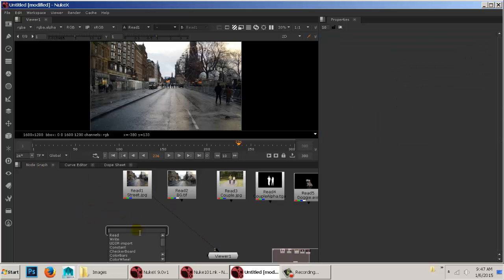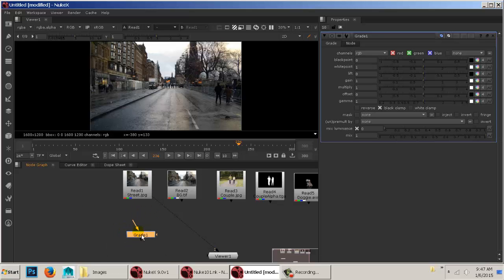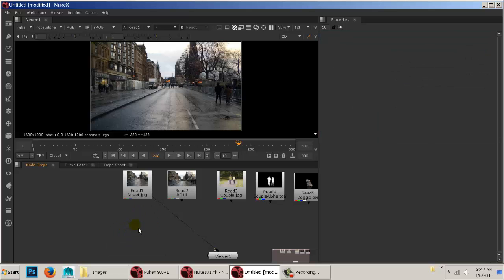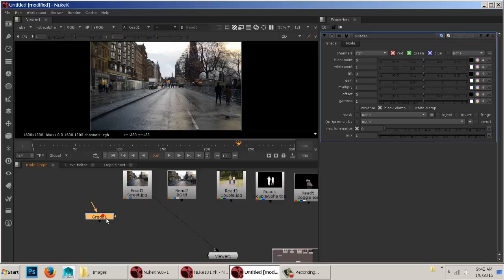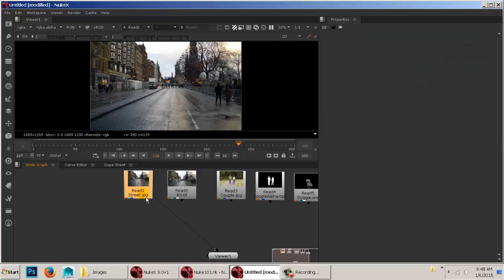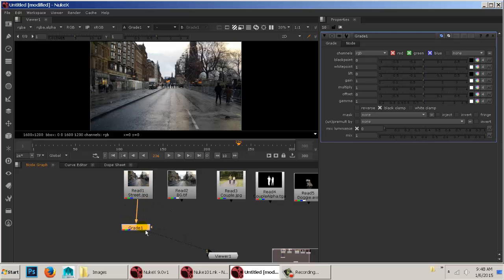And sometimes I'll hit Tab, and in Tab I can just type it in. There's grade. And it'll drop a grade node in. Okay. Now it's also important that as whatever I have clicked on, that's where that node's actually going to go. Because I've always clicked off and then added the grade node, it hasn't connected it to anything. But if I click on the street and hit G, you'll see that that grade node pops it right into